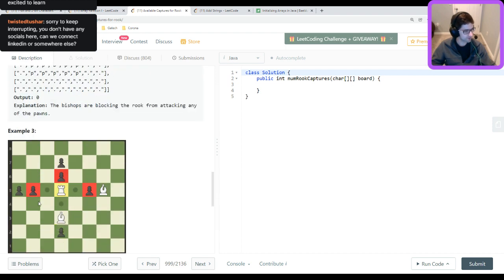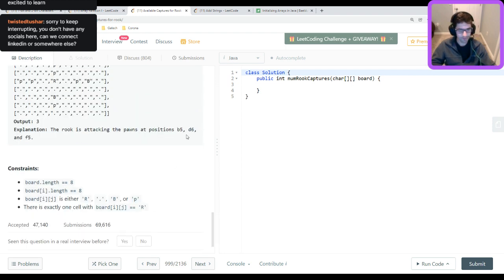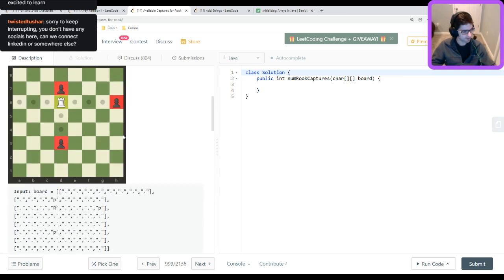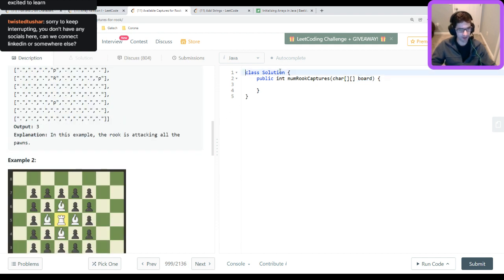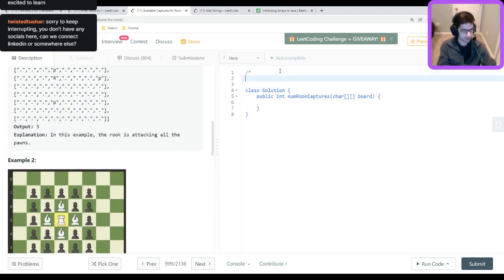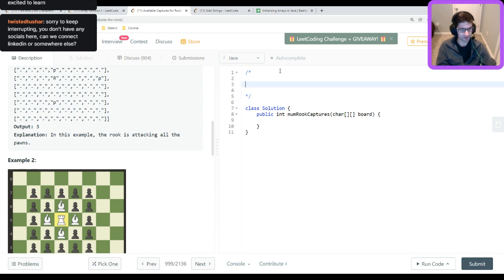Okay, so my first thought here is what will I be provided? But it looks like I just get a board. So let's start writing out a solution. But I don't think it's too bad. So one, search the board for